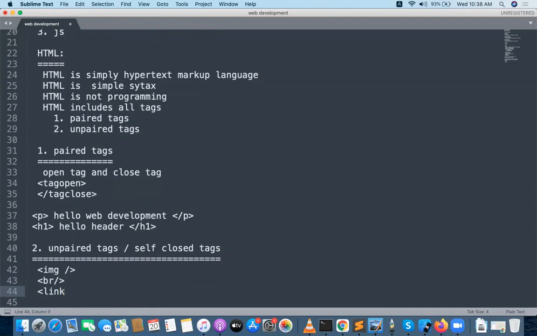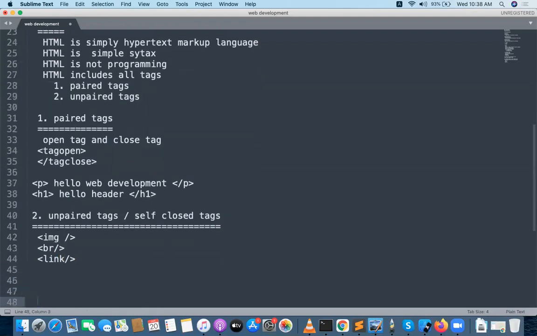There is no closing tag for these. Whenever you open one, it is directly closed.